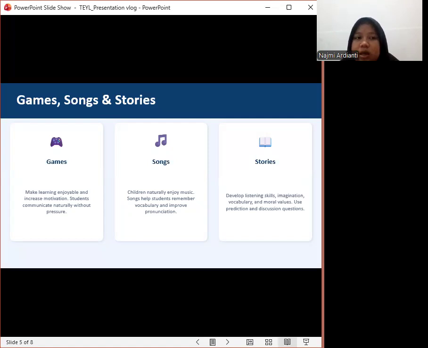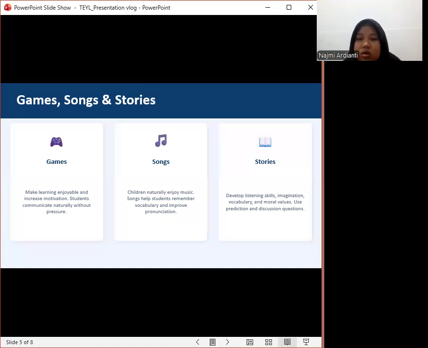For young learners, games are a fun medium because young learners don't like to stay in one place, so with games they can move from one place to another based on the game's instructions.